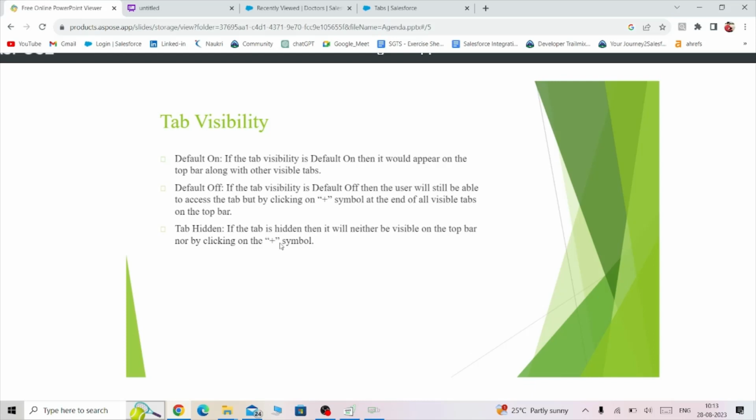Taking our PPT: if the tab is hidden, it will neither be visible on the top bar nor by clicking on the plus symbol. Like we cannot add our tab to our UI if our tab visibility is hidden. I think it might be pretty clear how to choose the tab visibility. Moving forward,